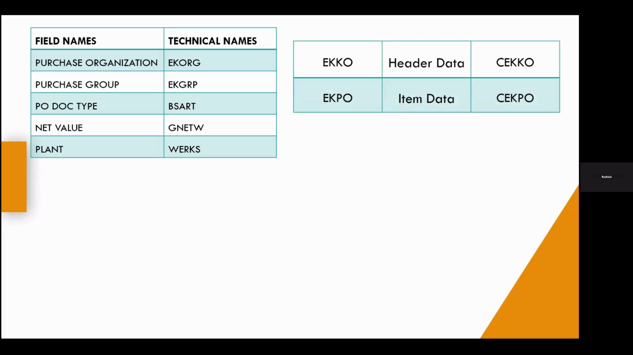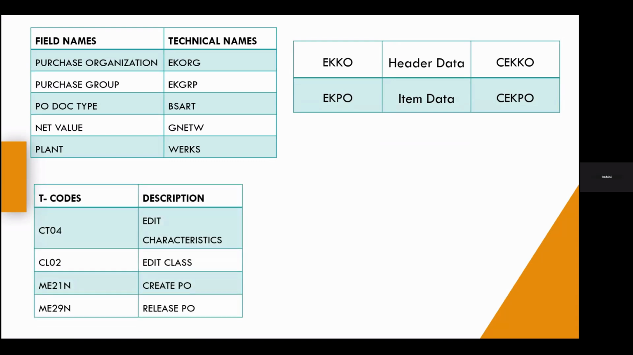And already we know that the tables for the purchasing document as well as for the RFQ are EKKO and EKPO for header data and item data. But here we add the prefix, like CEKKO and CEKPO. And the T codes we require to configure the release strategies are, to edit the characteristics, it is